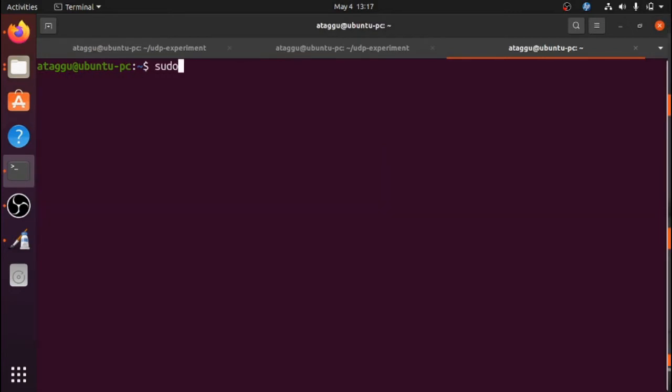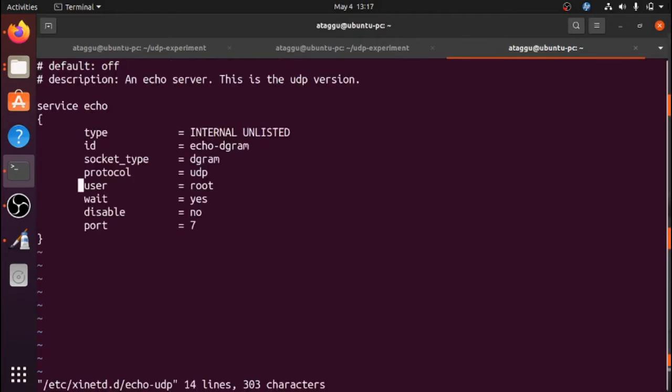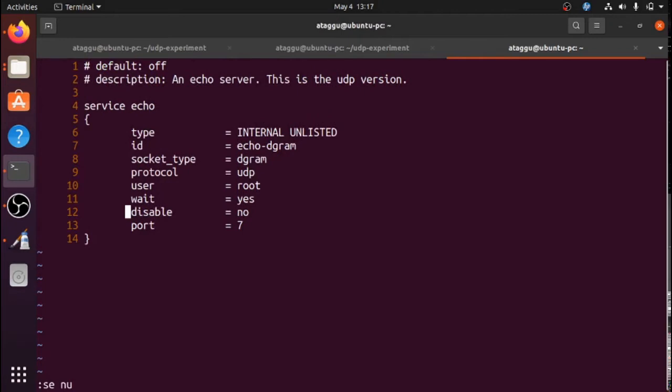sudo vi /etc/xinetd.d, that's the directory, and the file we are looking for is udp echo. This is the file. This is a protocol file; it says which server to run. Here you can see at line number 12, it says disable equal to yes.